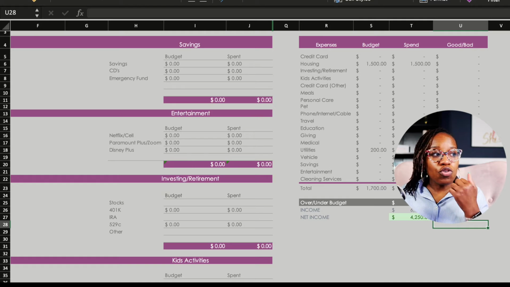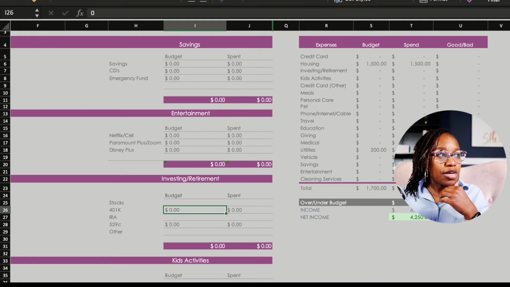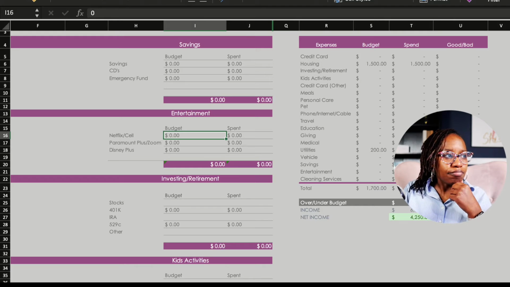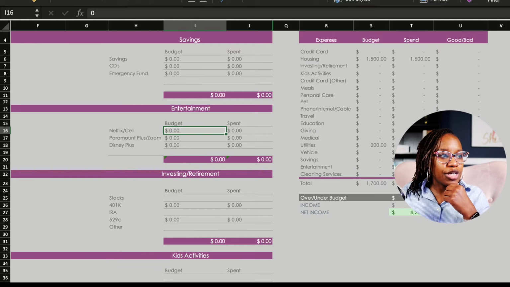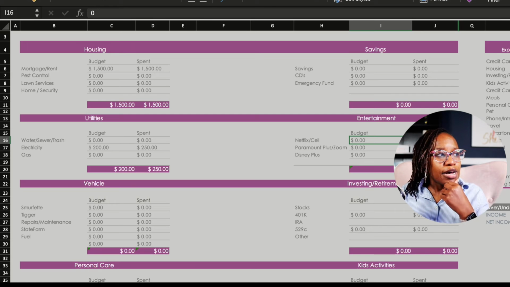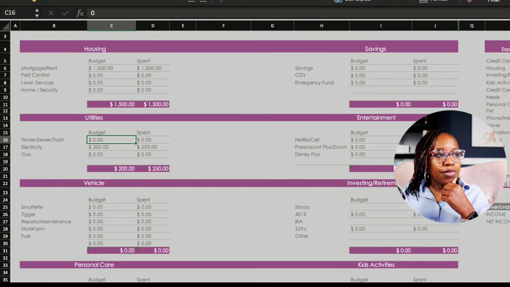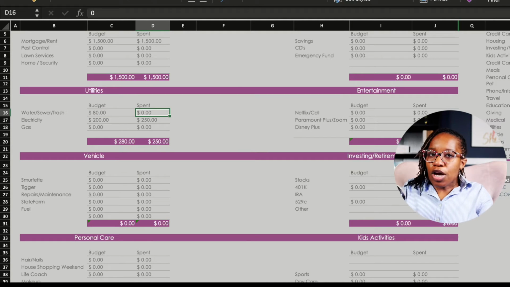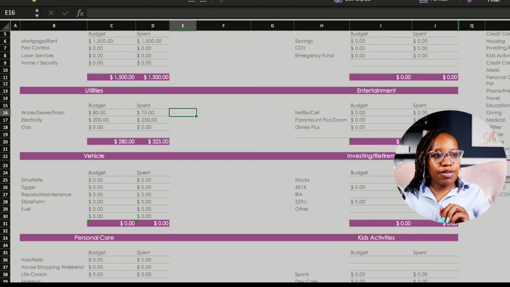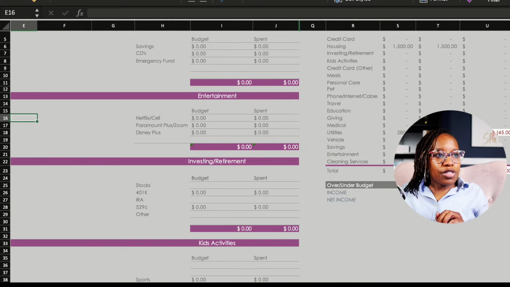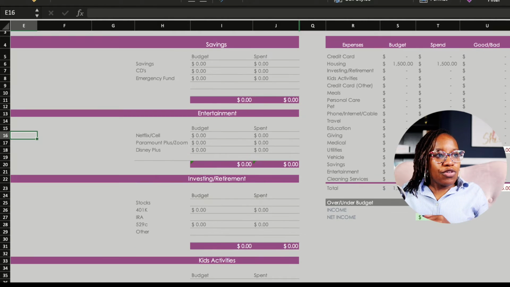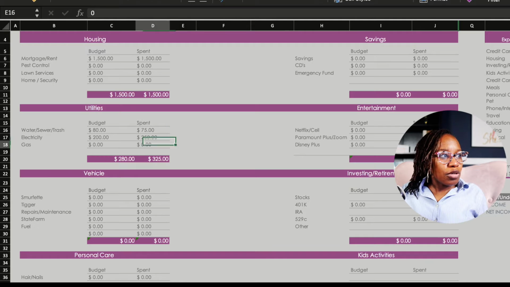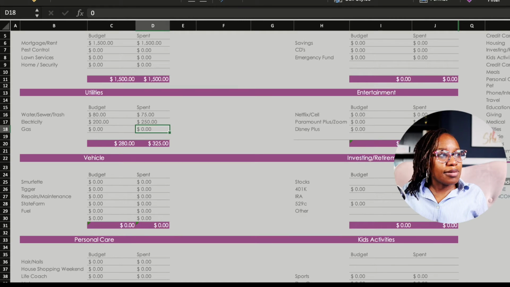Ideally, you would want your budget amount. So let's say right here, Netflix is, let's say something that does change. So we won't go with Netflix because that's going to be the same thing month over month as well. So let's say the water bill we budgeted $80. But you know, y'all were super conservative. You turned the water off when you were brushing your teeth. So let's say you only spent $75. So what happens over here in the summary tab? So if you notice now, oh, it's still over because this is in the same tab. So let's not do it on this one. Let's do it on,